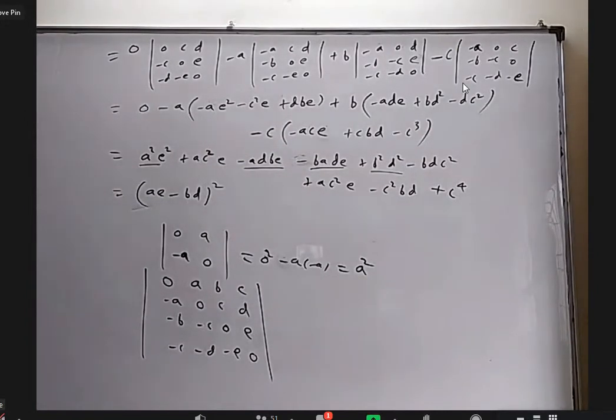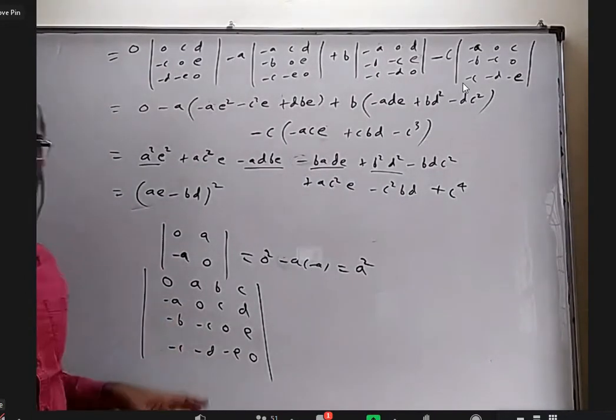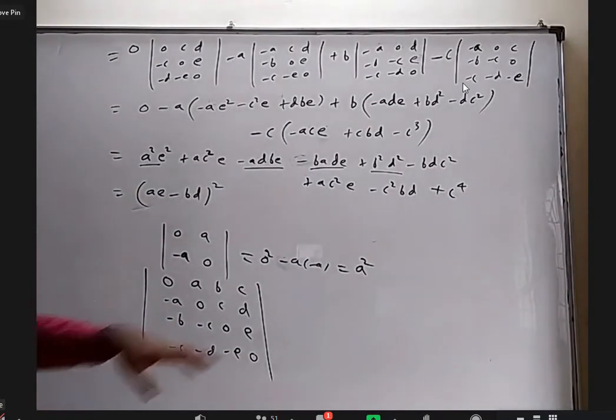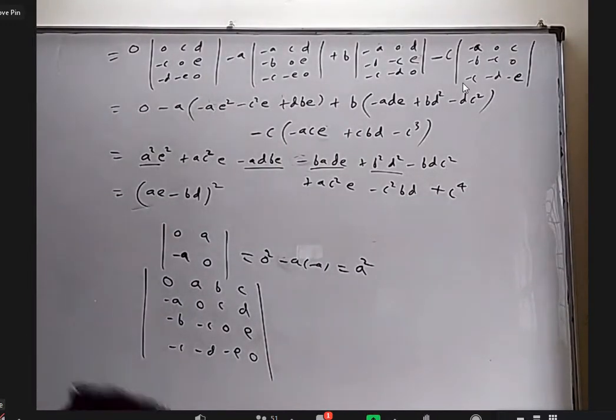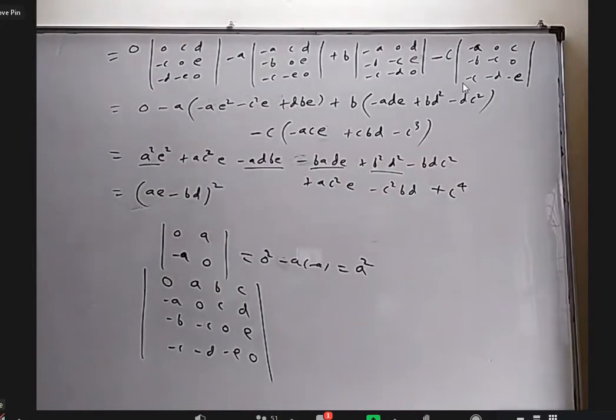So these type of questions won't come in exams, na sir? Yeah, at least this 4 by 4 they don't ask determinant, but I just wanted to show it will not come 0. Only for odd order only it will come 0. For even order also we want to have an idea of what is coming. Is it okay? Yes, sir. But if they want to give, nothing wrong, they can give also. They never gave, of course.